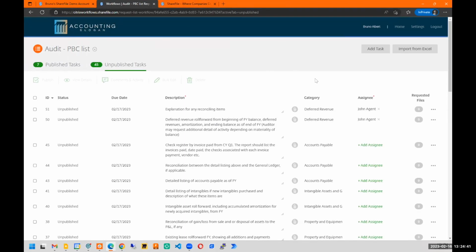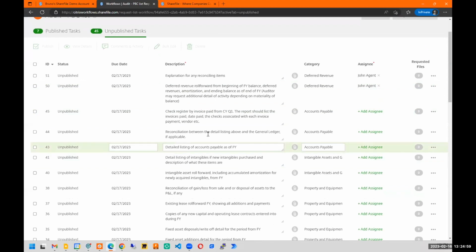One of the other things that I'd like to mention is, based on our feedback from our accounting clientele, we found that very frequently these are managed via an Excel sheet. Perhaps you have a templated spreadsheet where you organize your types of documents and tasks with labels, for example, and hopefully you can imagine this laid out as a spreadsheet. We've got our rows and columns, our description, explanation for any reconciling items, category is deferred revenue, and now we have an assignee and a due